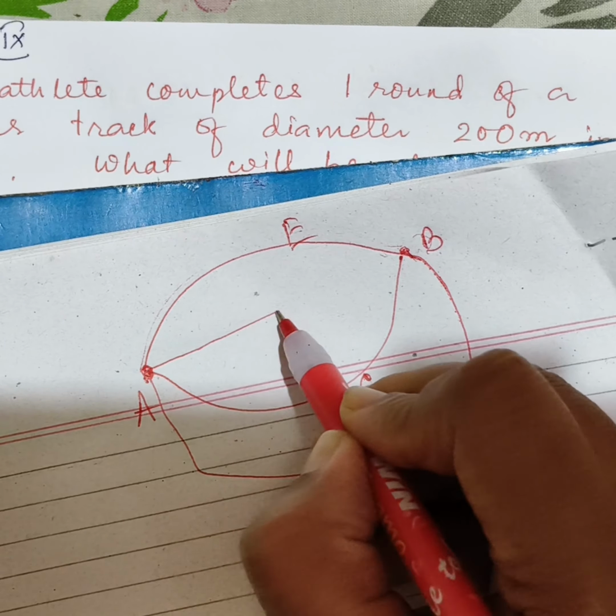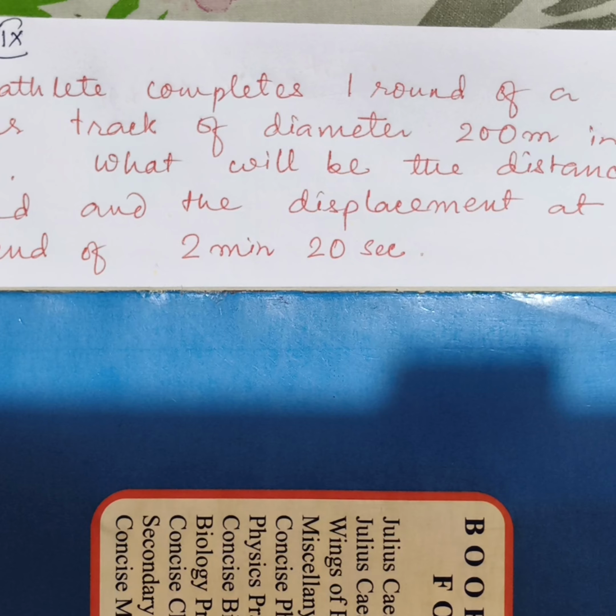Here you see, an athlete completes one round of a circular track of diameter 200 meters in 40 seconds. What will be the distance covered and the displacement at the end of 2 minutes 20 seconds? It is quite an easy problem, but to some students it may seem difficult when it comes to calculation of displacement. First of all, one round of the circular track